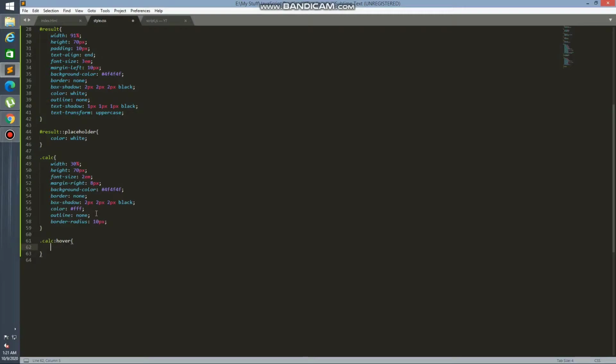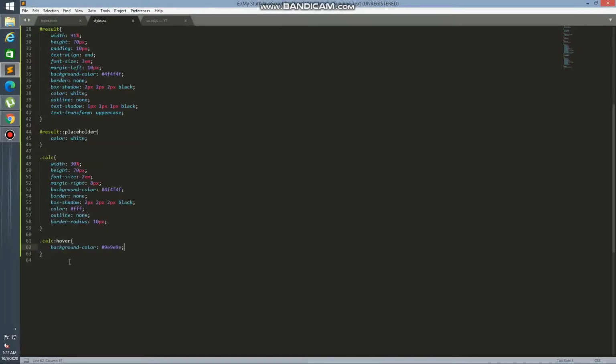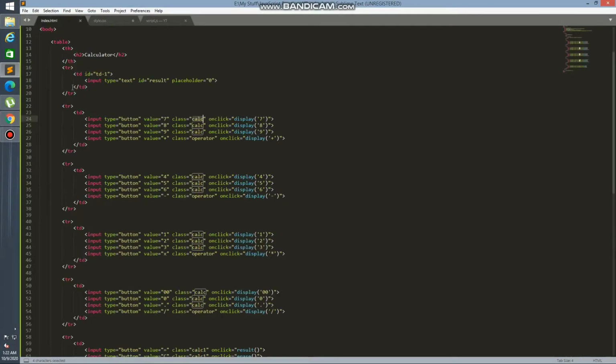It's just very simple. We're gonna give it a background color of, so that's how it looks now. Awesome, right? Now we're gonna style our calc 1,